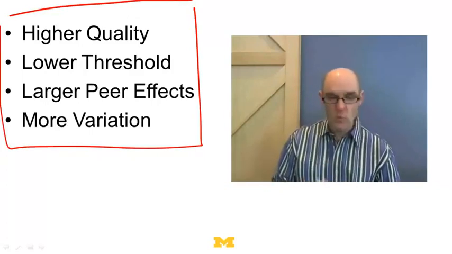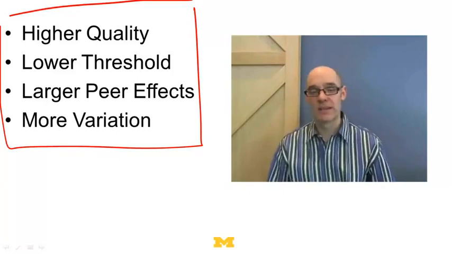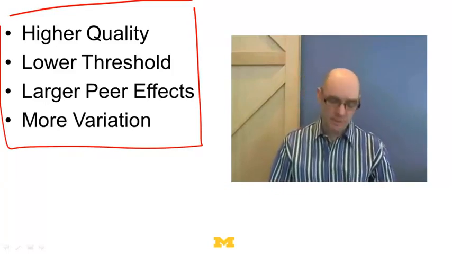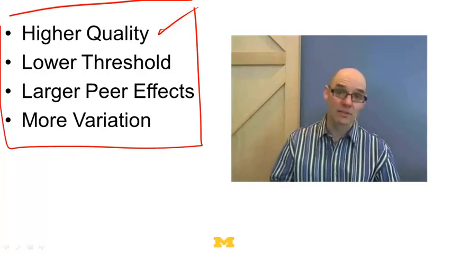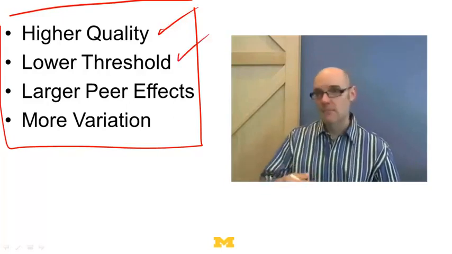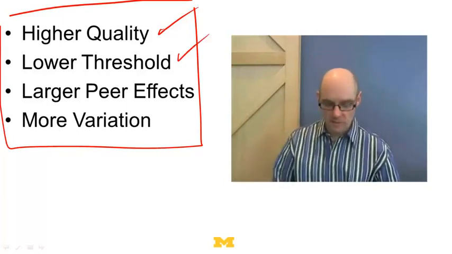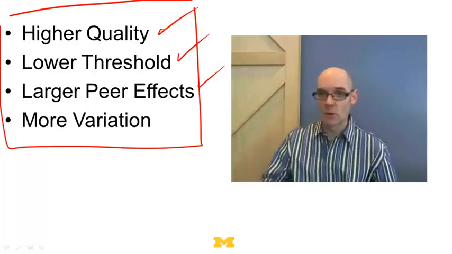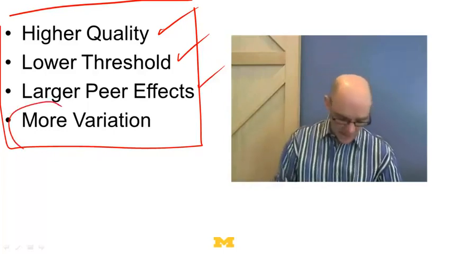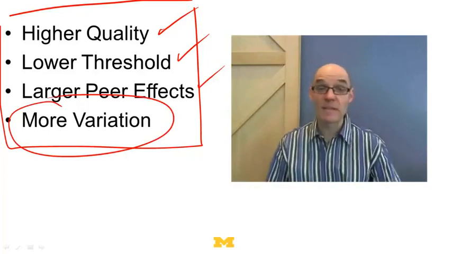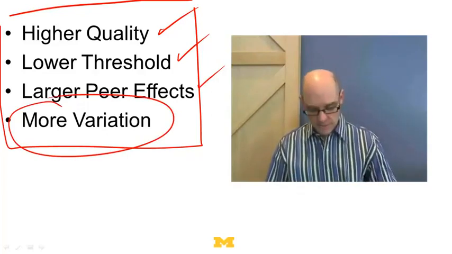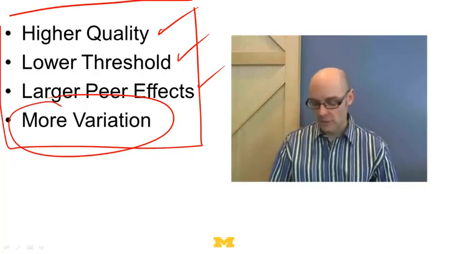So here we got these 4 nice results that help us understand when we're going to get standing ovations, when we're not. Now you could ask, how much did the model help us? Well, my guess is that if you just thought about standing ovations without constructing a model, you might figure out, yeah, better shows get standing ovations. People more willing to give standing ovations are going to give standing ovations. And if people are more susceptible to influence, you're going to get standing ovations. But you probably wouldn't have gotten this one. You probably wouldn't have gotten more variation. Now, you might have if you learned the Granovetter model, right? But most likely, you wouldn't have had it.